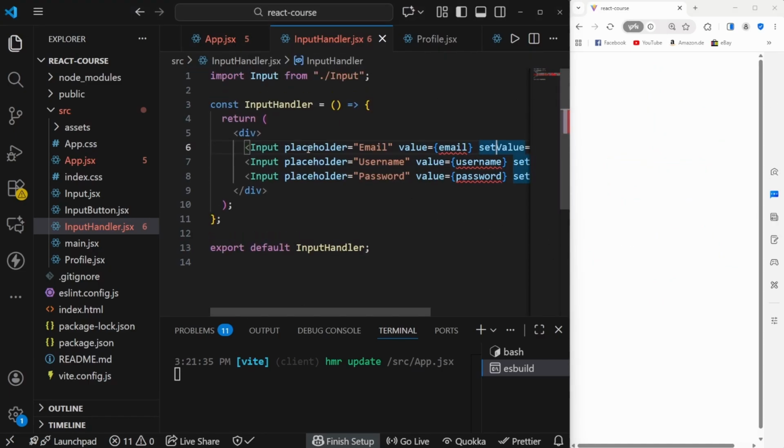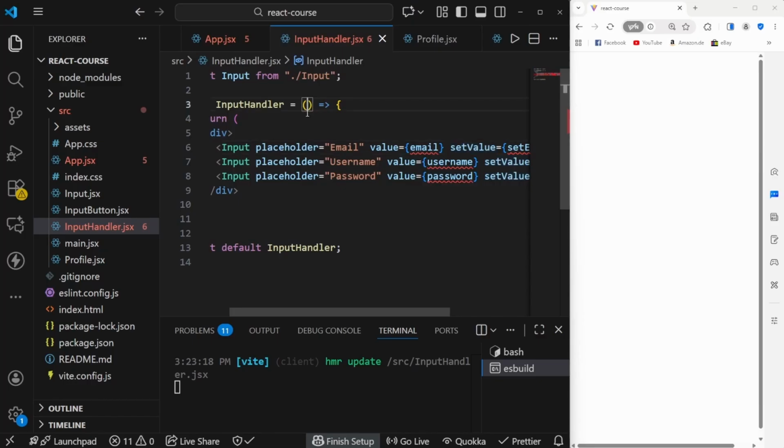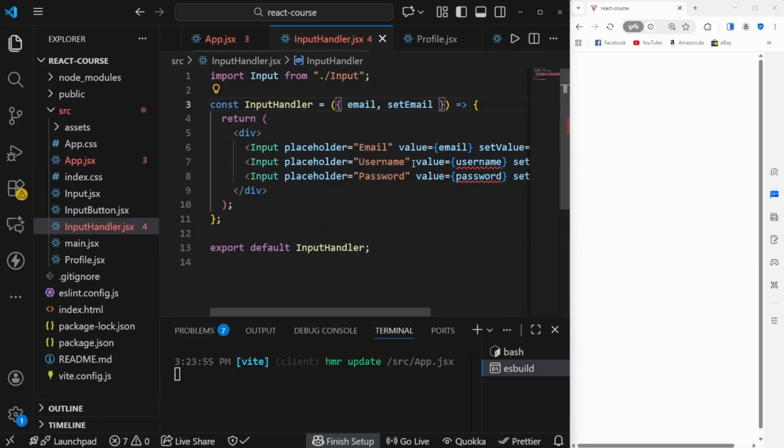So as you can see, inside of our input handler, we need our email and we need set email right here. So we can just say that we're going to destructure email and set email, for example. So we're again saying we're expecting email and set email as a property. Since we're saying that the key for our prop is set email and email, we also need to say that for the input handler, we have a property name of email that is going to be equal to our email in our case, and set email that is going to be equal to set email in our case. So as you can see, some of the errors are already gone,